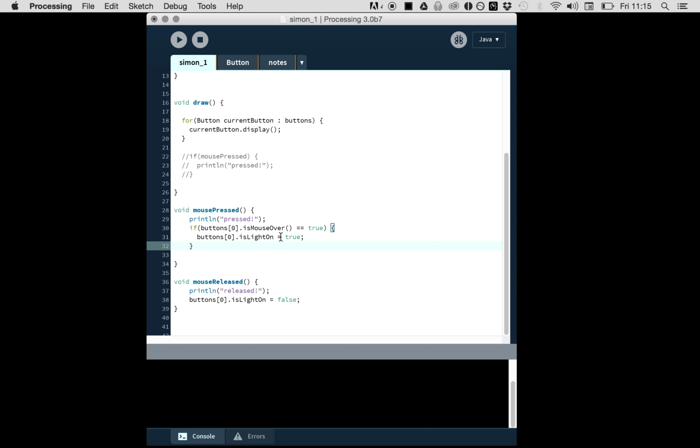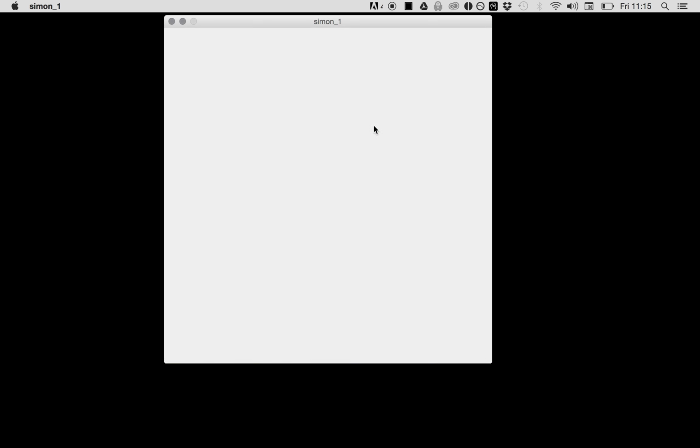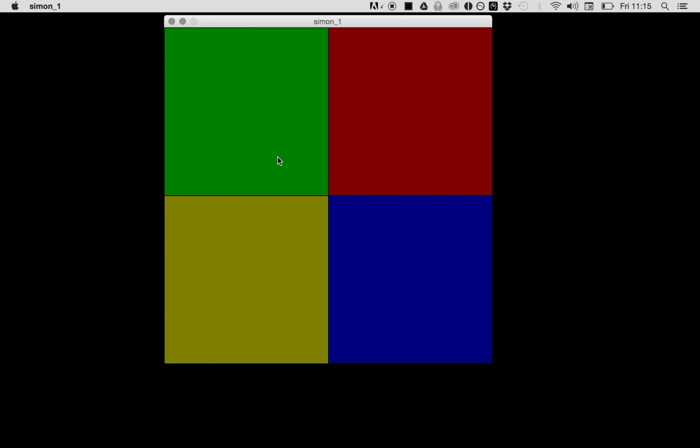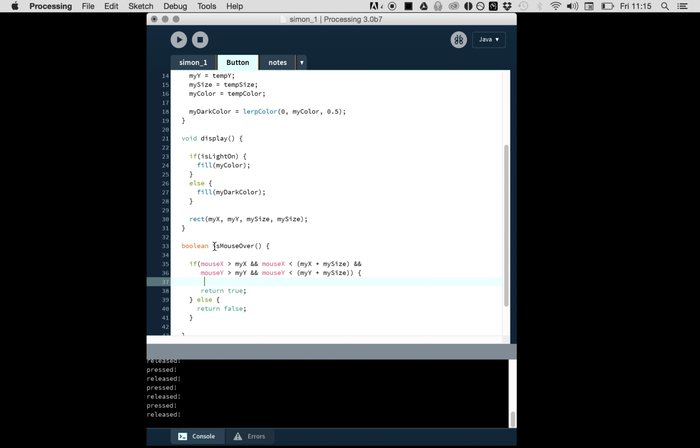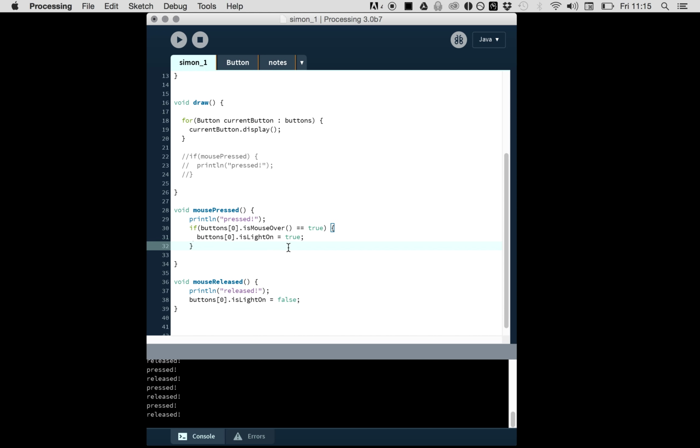So it only will turn the light on when you have the mouse over there. Okay, and if I click here, nothing happens. So this will work. So you see that with this one we programmed a functionality in the button just to check if we are there with the mouse,